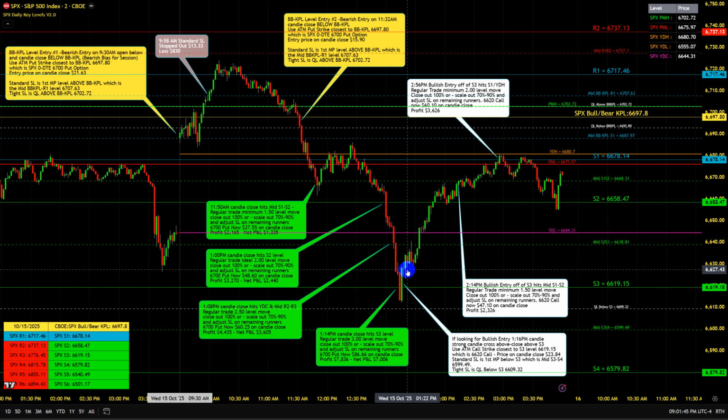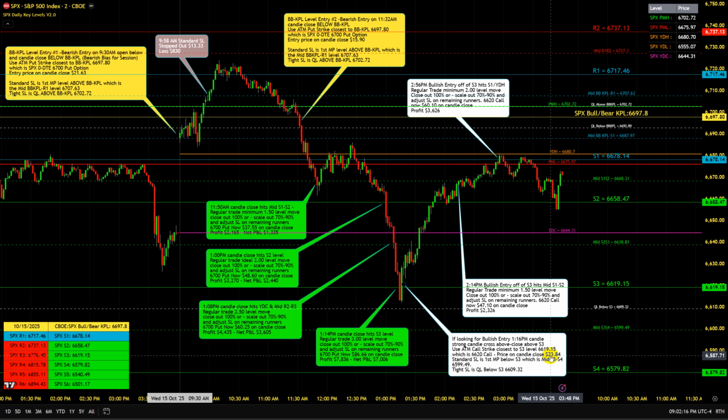So this is a strong candle close. That's a cross above, close above S3. The 66.19.15, the strike closest to that level is going to be the 66.20 call, because that's the closest at the money strike to this level. So if you took this bullish trade, it's going to be the 66.20 call. The price on the candle close here